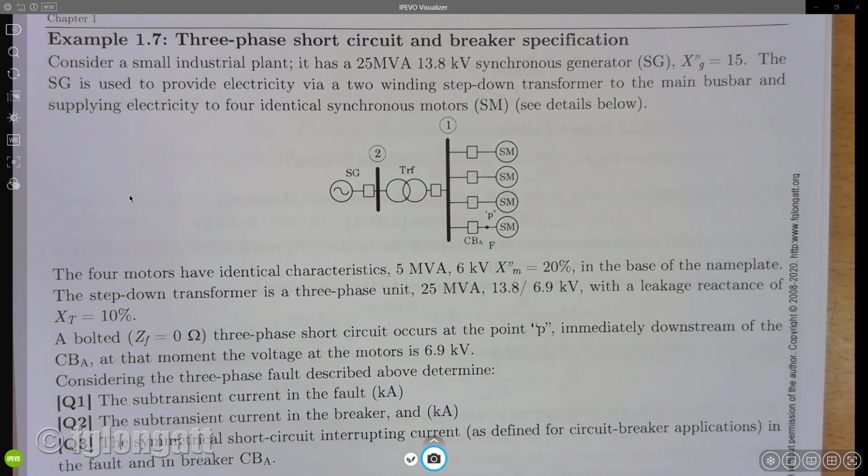Welcome to this example. This is example 1.7 of my classes of power system analysis dedicated for symmetrical faults. Okay. The example 1.7 is probably one of the most interesting examples in this session. And what we are doing here is